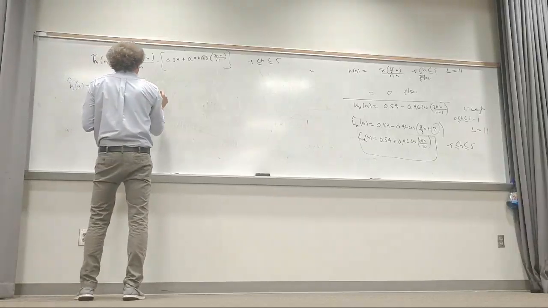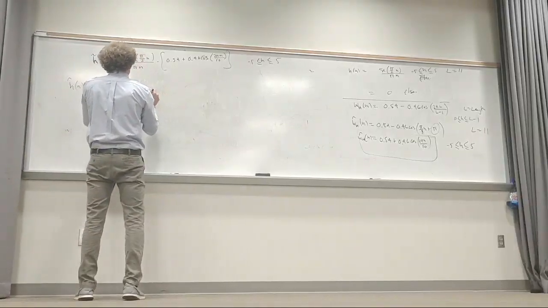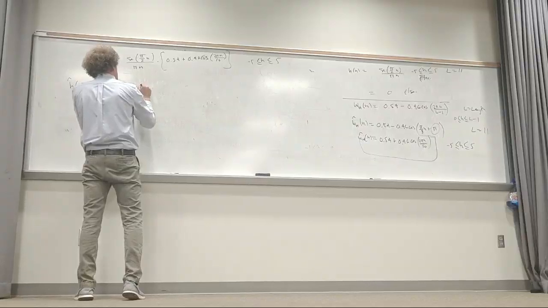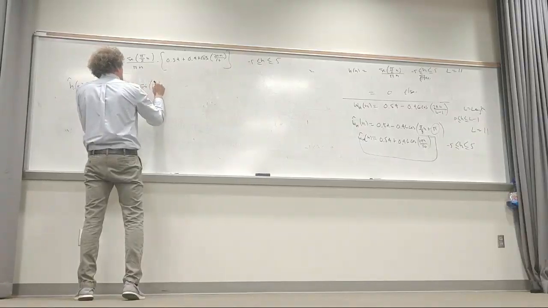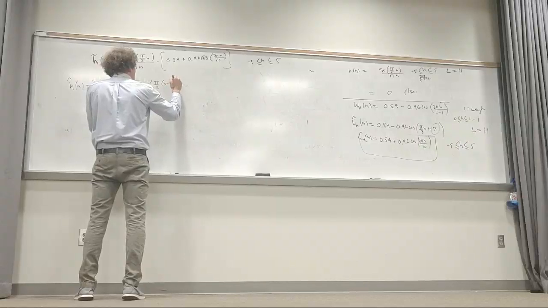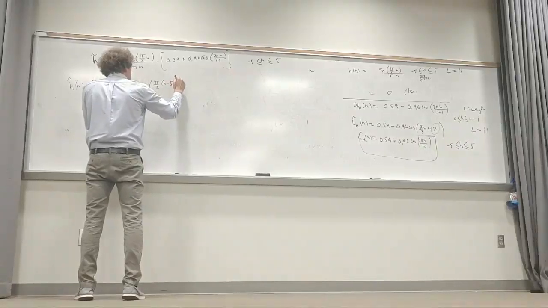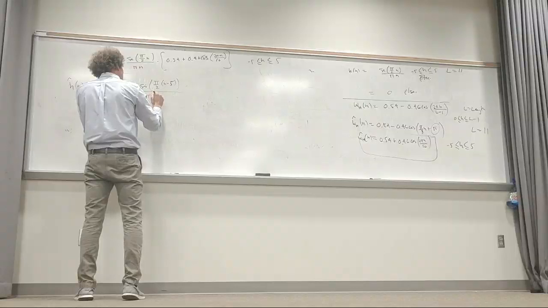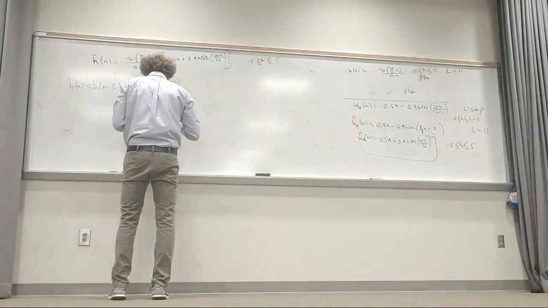Equals. And when you do this, this is the important thing. This becomes sine of pi over 2 n minus 5, pi over n minus 5 times,